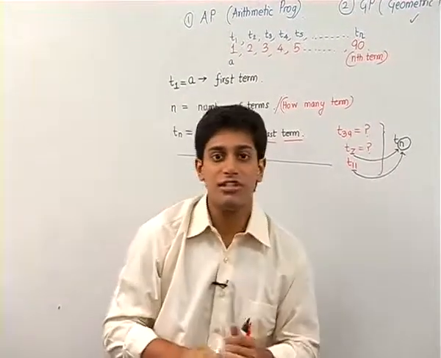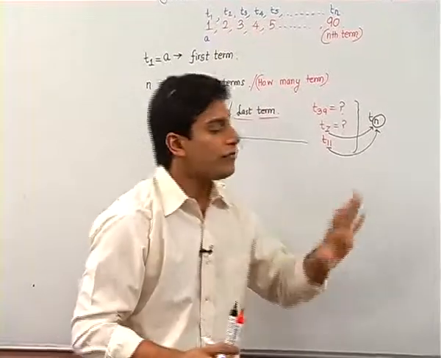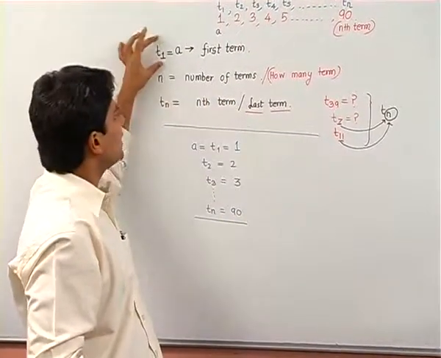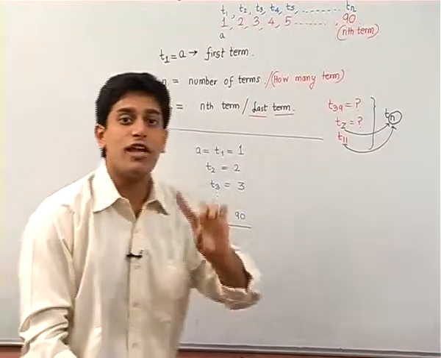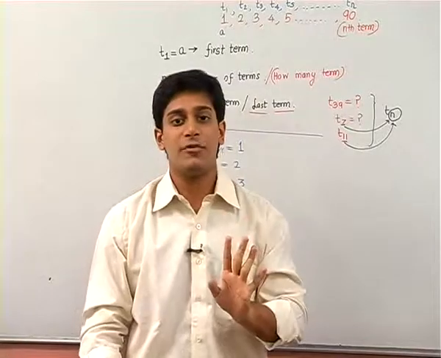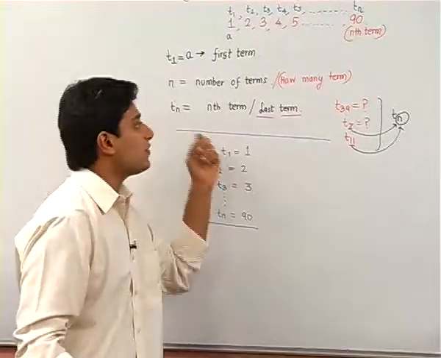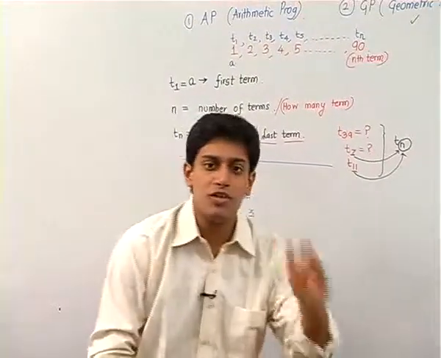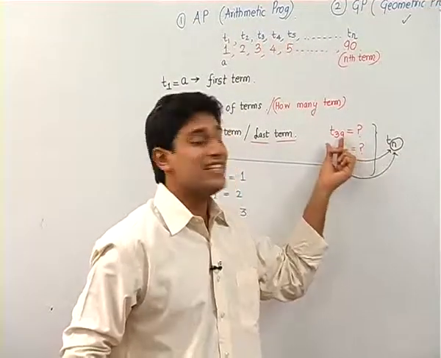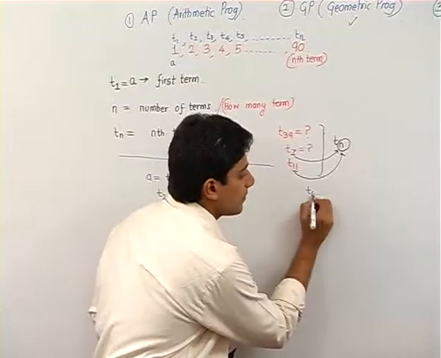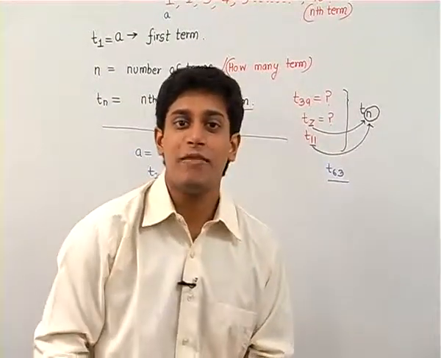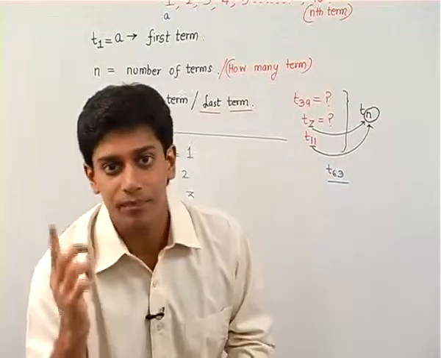So this was just a very brief concept of arithmetic progression. I just wanted you to get acquainted with these terms, what we call n. n stands for number of terms. If I ask how many terms, the answer is n. Tn stands for the nth term. If I ask you, students, tell me T63, the 63rd term, which is T63. Which is the first term? The first term is represented by either T1 or A. Okay, students.